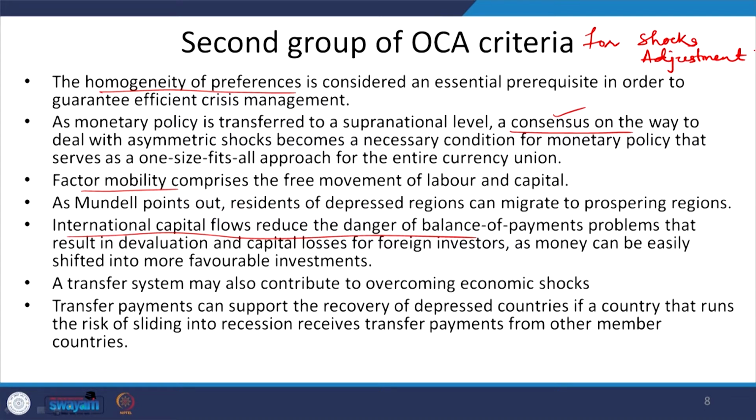So, some other points are relevant so far as the second criteria is concerned. One is that a transfer system may also contribute to overcoming the economic shock. Any kind of transfer system or transfer payment can support the recovery of the depressed countries, if a country that runs the risk of sliding into recession receives payments from other member countries. Okay. So, this is one point, this is second, this is third, this is fourth. Then fifth, consensus, then homogeneous preferences. There are 6 important points connecting to the criteria of